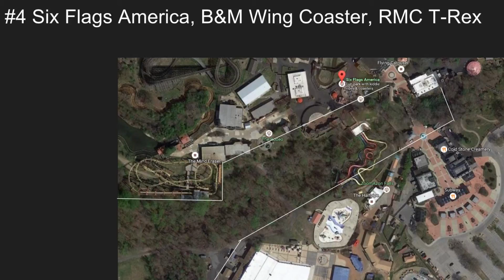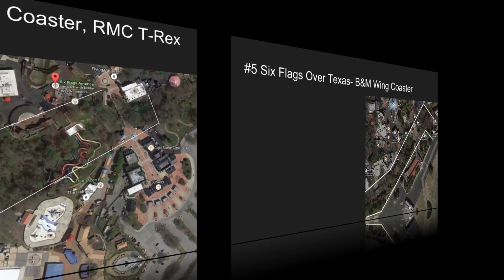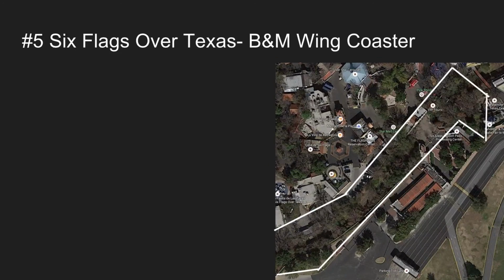The only problem is that there are some water slides that are in the way, as well as the amount of land that could be used for water slides. So the water park is definitely a problem for Six Flags America if they wanted to build this gate coaster. Their water park would not be as good because they wouldn't have as much land unless they made the ride very tall. For Six Flags Over Texas, I think they could get a B&M wing coaster with a new gate